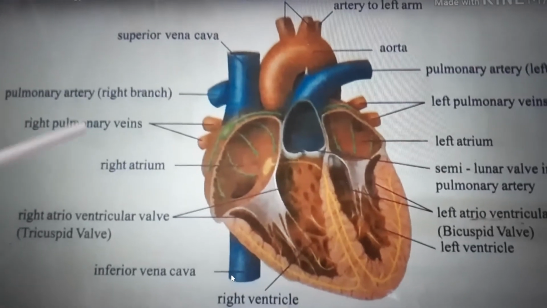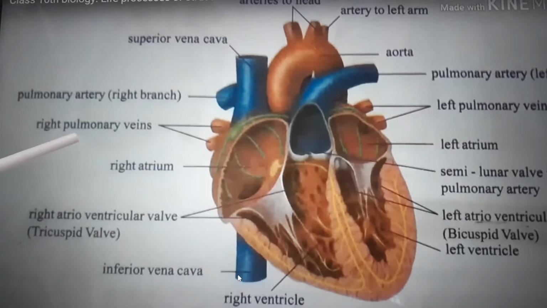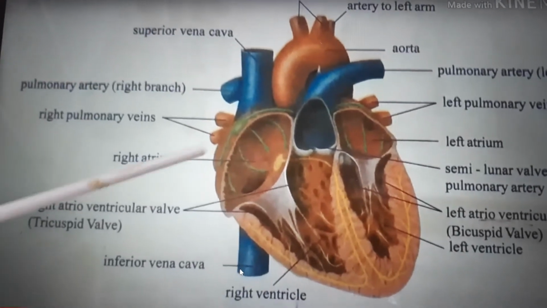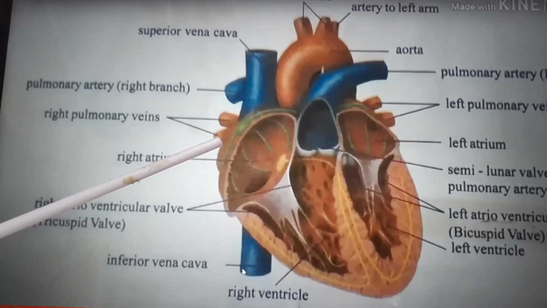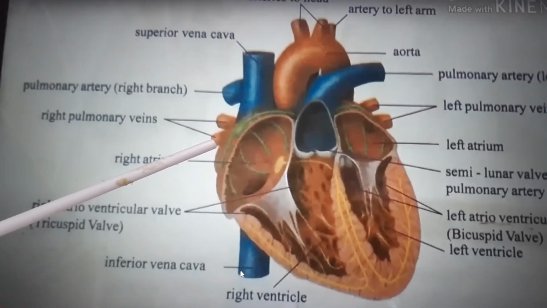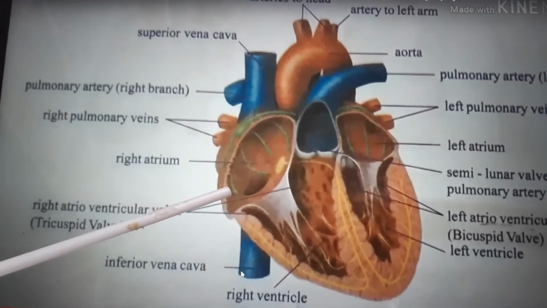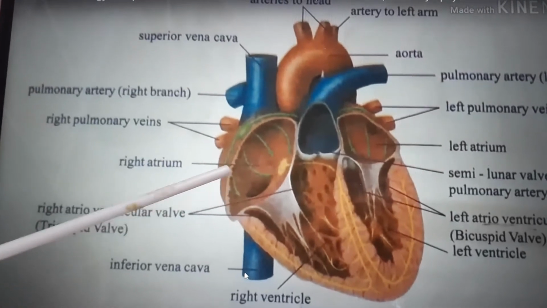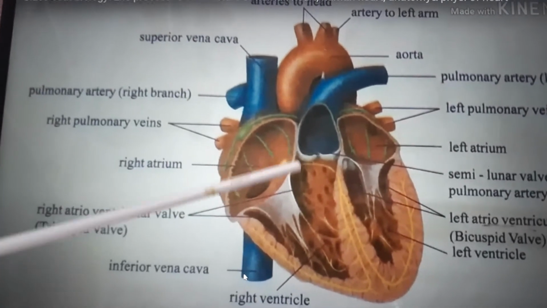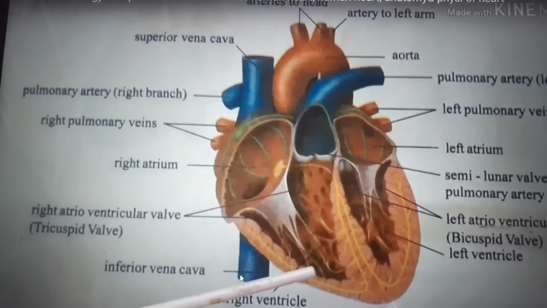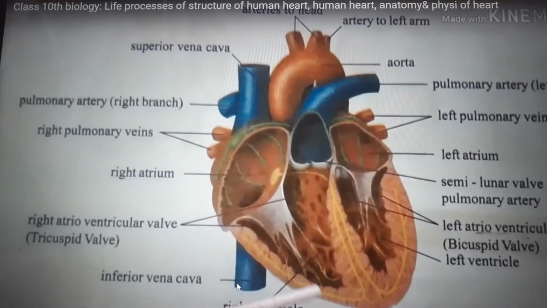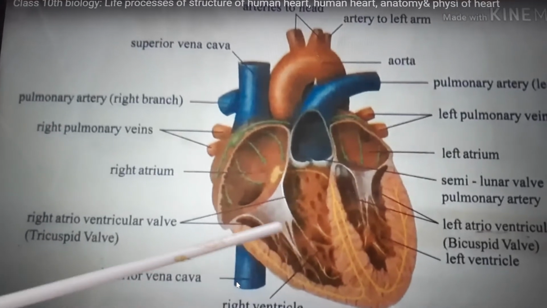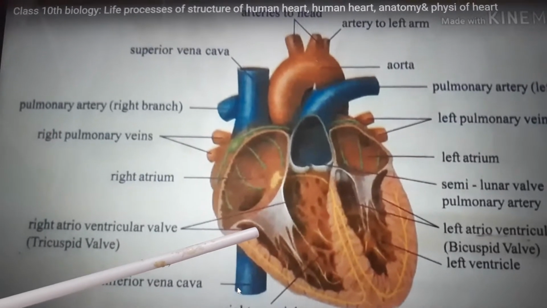Hello everyone. In this video let us discuss the internal structure of the human heart. The heart is a conical muscular pumping device that brings about circulation of blood in the human body. The broader base is upwards while the narrower pointed apex is downwards and tilted towards the left. The heart is red in color with the size of one's fist